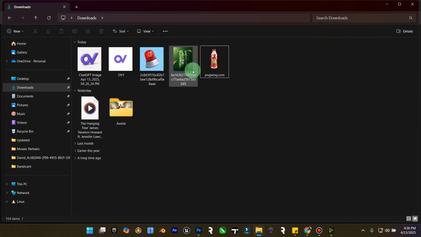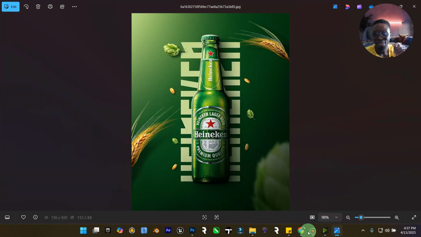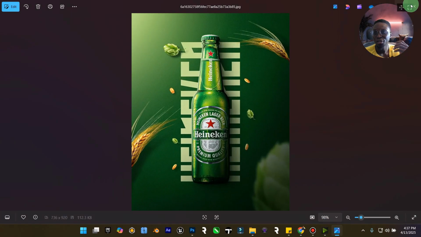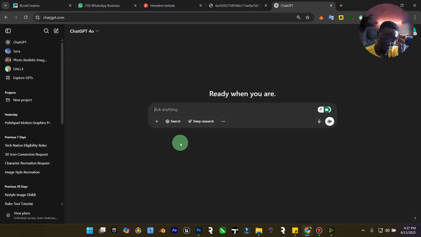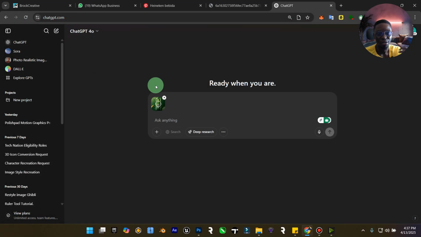So I downloaded this poster on Pinterest. I love the poster. It looks nice. It looks good, right? Normally as a designer, you're able to create this on Photoshop, right? It shouldn't give you so much stress on Photoshop. But let's say, for example, you're feeling very lazy, right? So let's say you're feeling very lazy. Do you know that you can just upload it to ChatGPT, right? So let's say you upload it to ChatGPT, right?